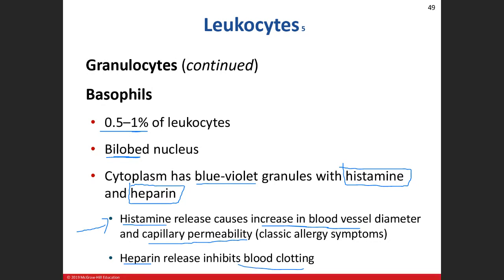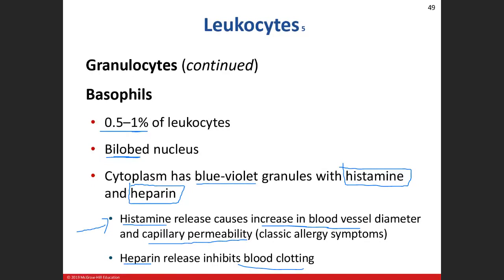That's going to prevent the blood from clotting, because we might need to get more white blood cells to that area. We can't have it clotting. It's like putting a roadblock up to an accident, not letting the ambulance in. We need to get that personnel to the scene of what's happening. All right, questions so far? Good? Okay. Granulocytes. Those are the three